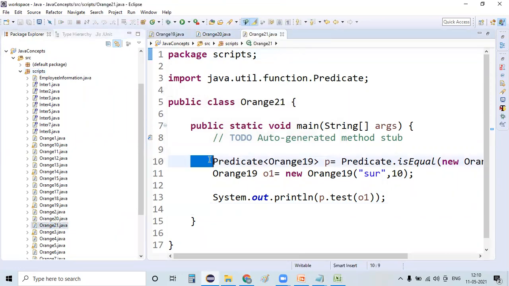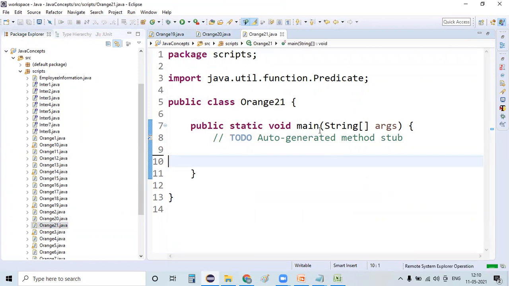So I have created a new Java class here, and now my functional interface is BiPredicate, and this time I'm going to work on two integer values. I'm just naming the BiPredicate p, and now we need to pass two arguments.